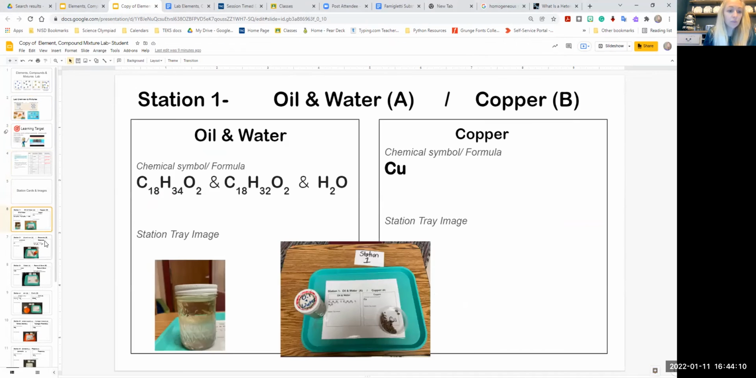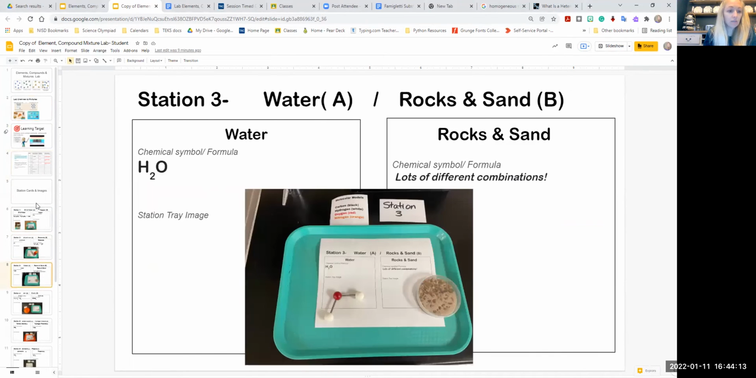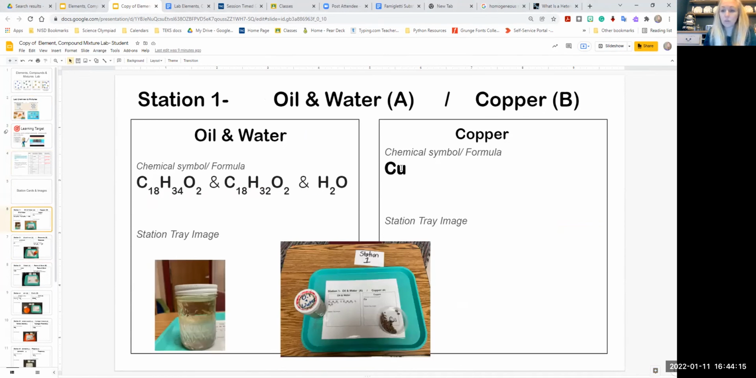And then these are just pictures of some of the cards you'll see. So the background is the information that you'll see on your tray. And then the photo is what your whole tray would look like, right? So here it tells you if there's a chemical symbol or a formula, it would be present. So that's a really helpful hint. And then it also tells you what you're actually looking at. Okay, so here you're looking at oil and water. It says oil and water on the top. You can see the oil here and the water here. It tells you what those